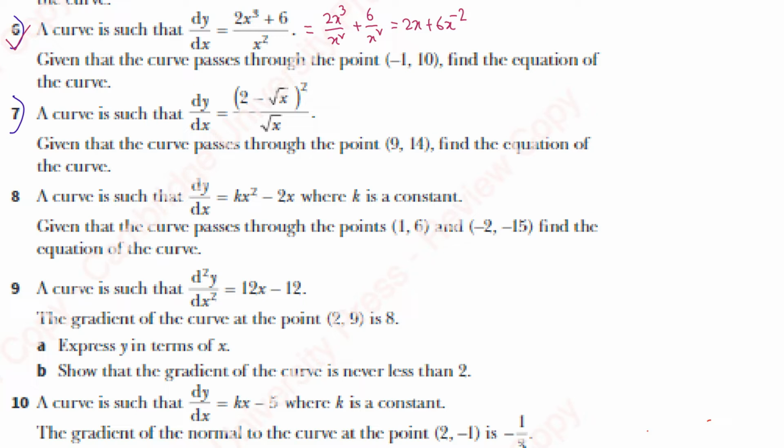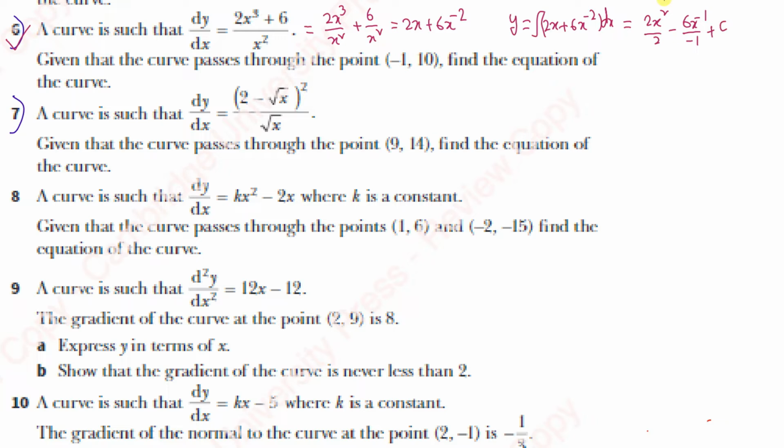Now apply integration on both sides. Then y equals the integral of 2x plus 6x to the power minus 2 dx. Applying integration gives 2x squared divided by 2 minus 6x to the power minus 1, because minus 2 plus 1 is minus 1, divided by minus 1,